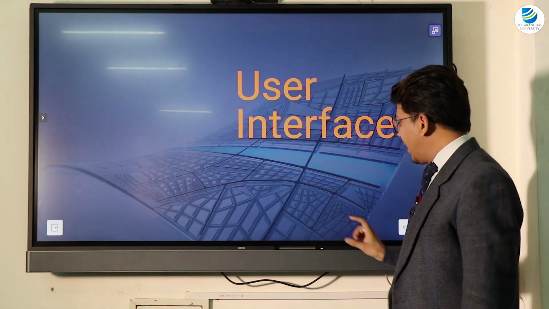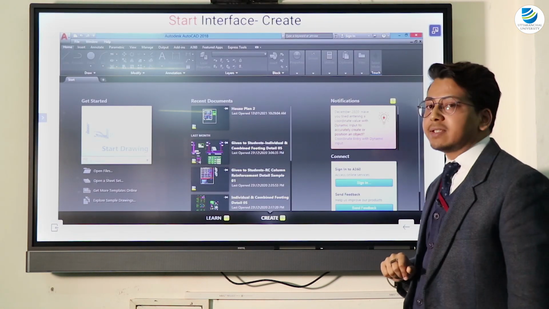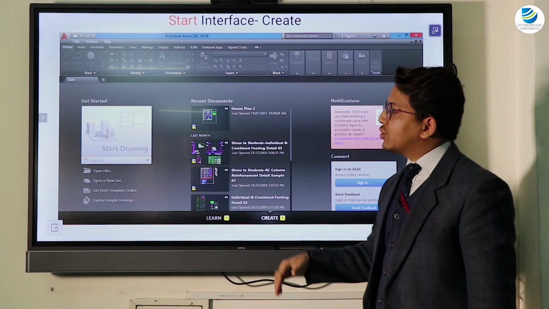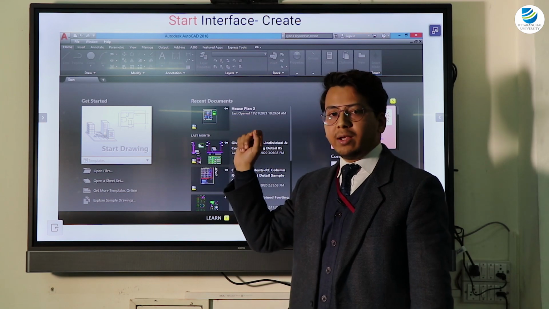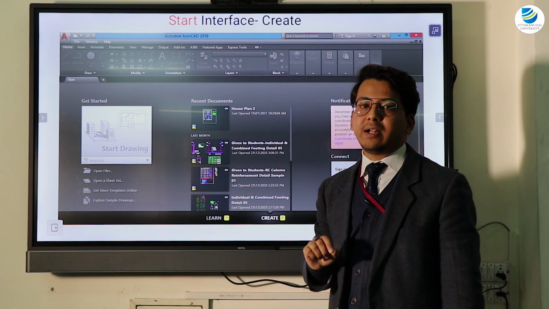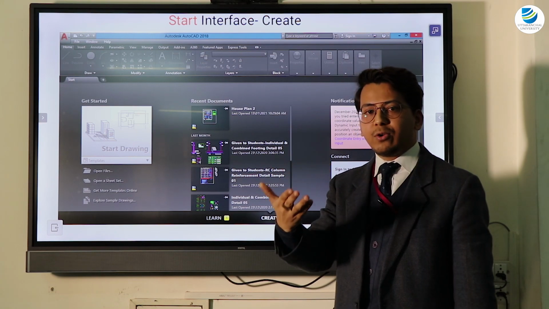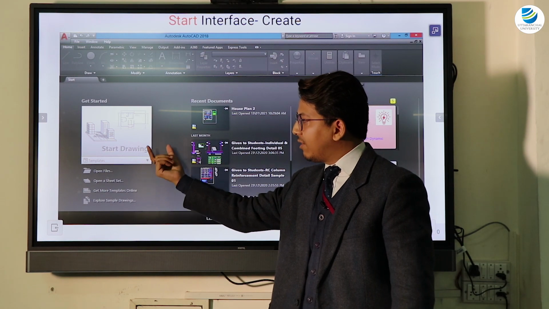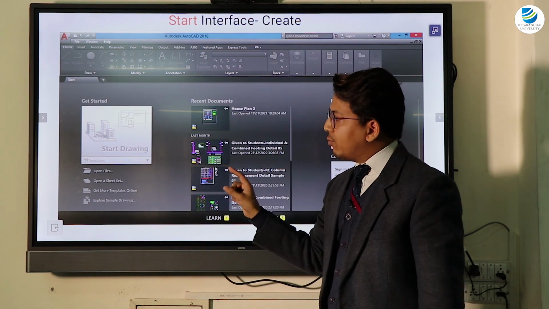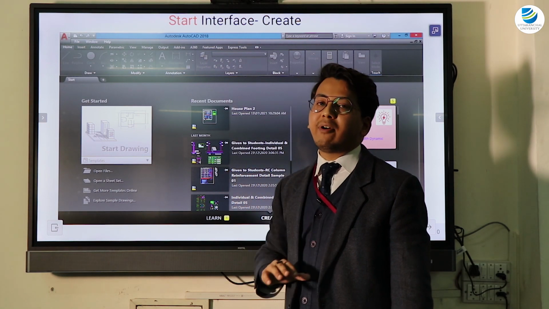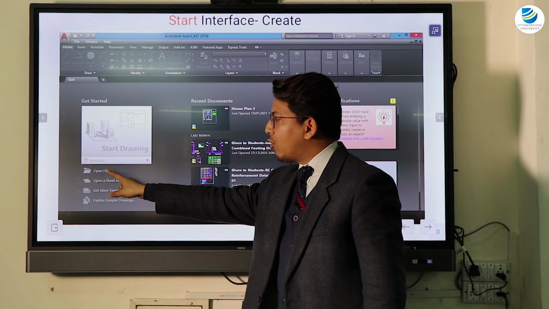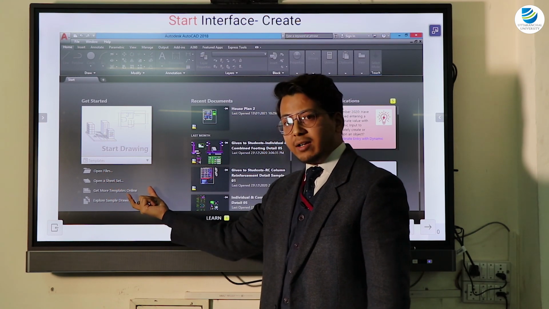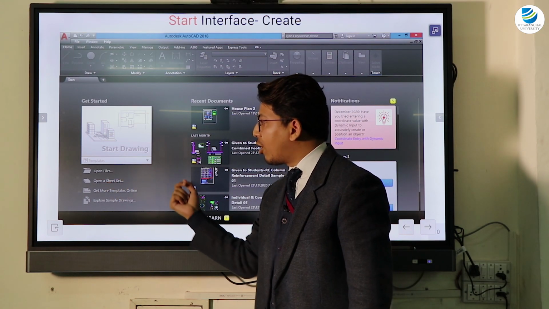So in AutoCAD we have different predefined templates. The most commonly used AutoCAD template is your .dwt template. So whenever you start your drawing, by default, it will start in the .dwt format. And suppose if you want to use another format, you can select from the different templates under this option. Now if you want to open other AutoCAD files which you have already made, you can open the files from this option, which is open files. And if you want to open a sheet set which you have already created, you can use this option.